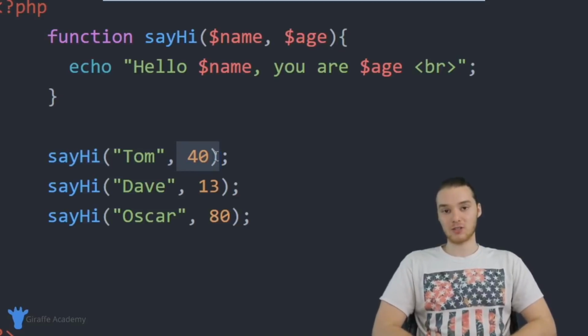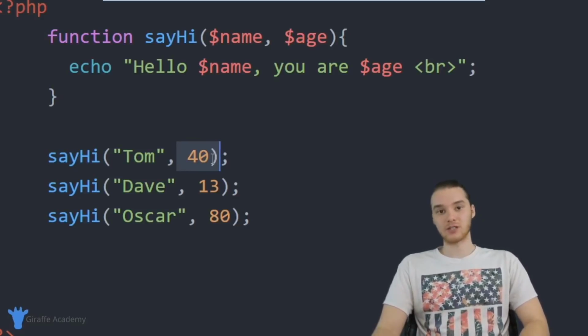So that's why functions are useful. Functions are actually extremely useful, and there's a lot of situations in PHP where